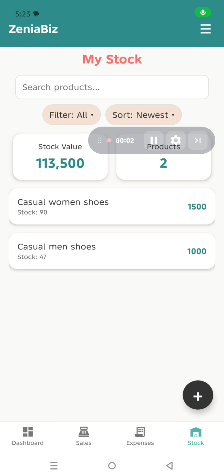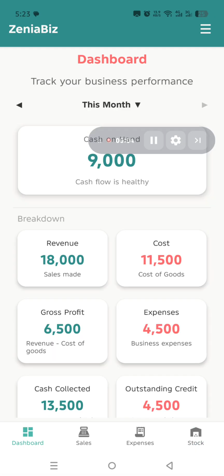Hello, today I'm going to walk you through this app called Zeniabiz. It's an Android app that helps small business owners manage their business efficiently and know if they're making profits or not. So today I'll walk you through all the modules and the important functionalities which you will come across in